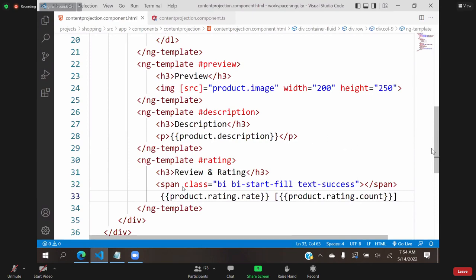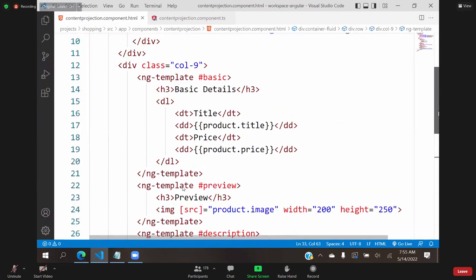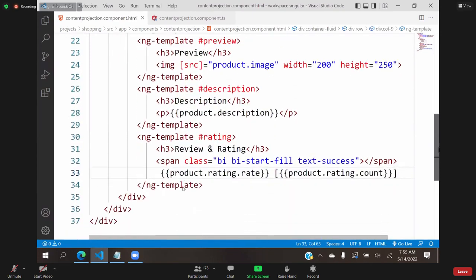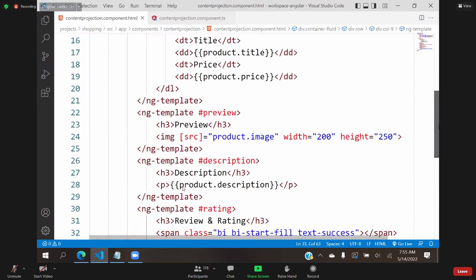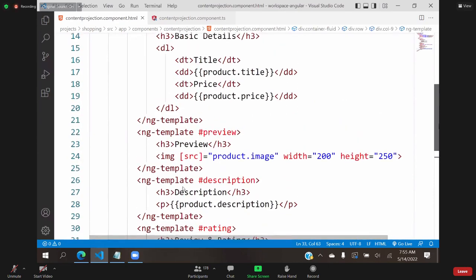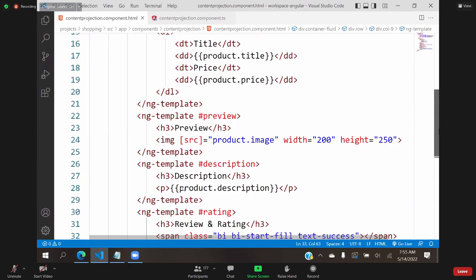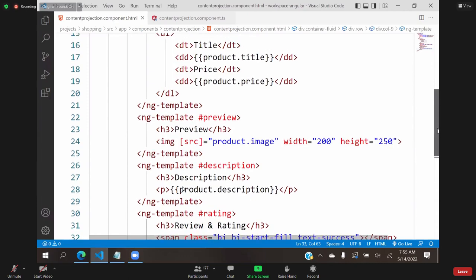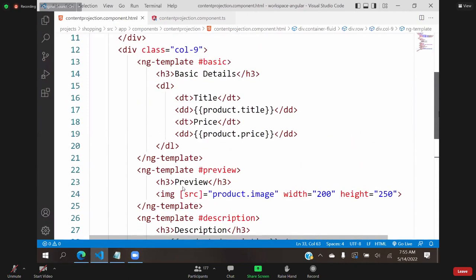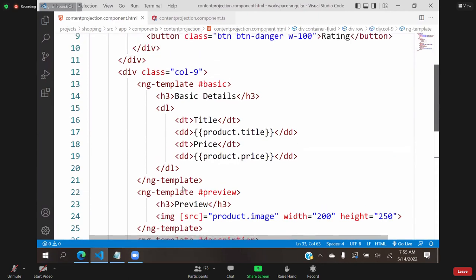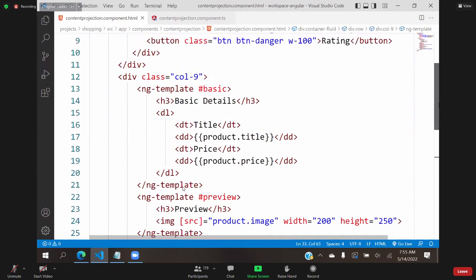Now we have so many details to render. All these are the details to display. So many templates are there. Out of these templates, which template to render, that we will decide dynamically. So in that case, for these templates, we need a condition. And all these templates are dynamically generated. In that case, what